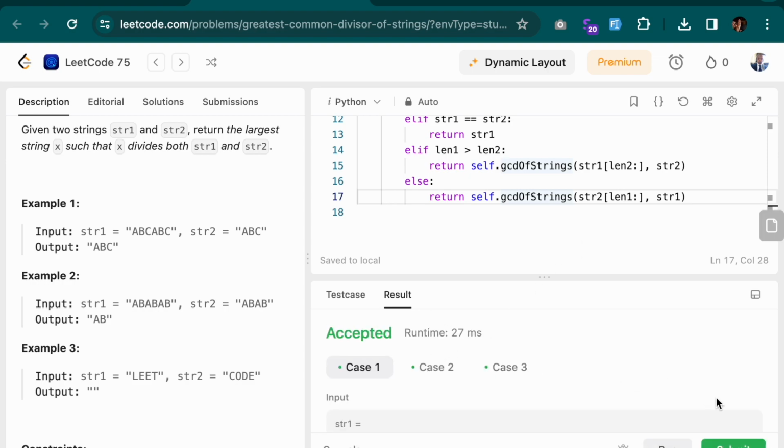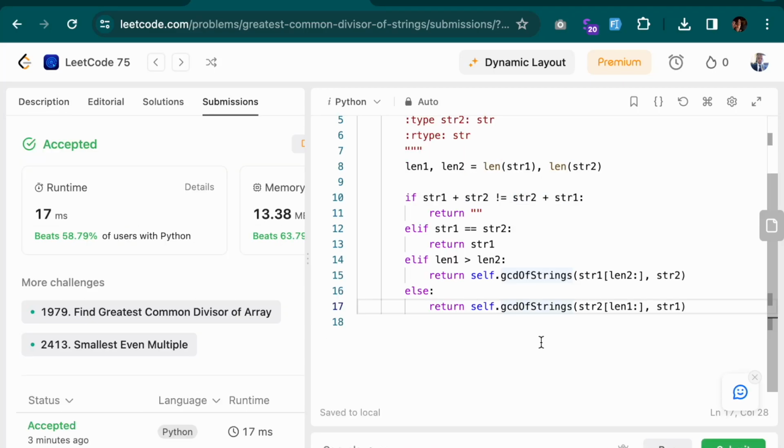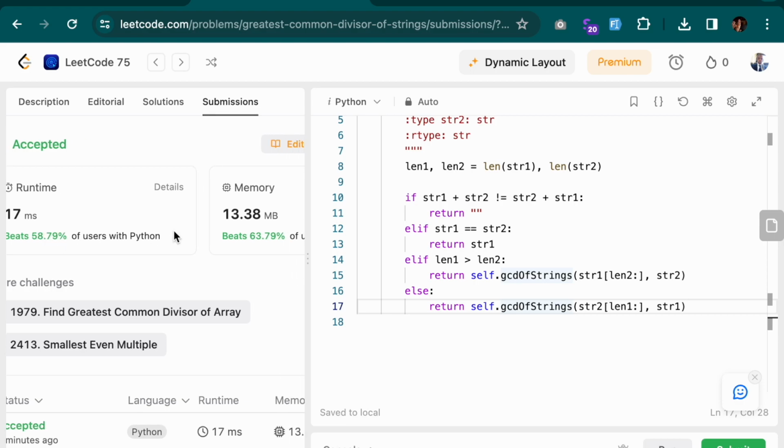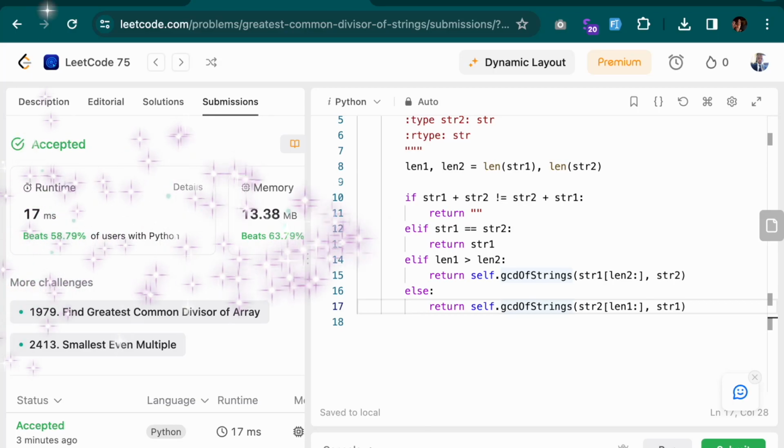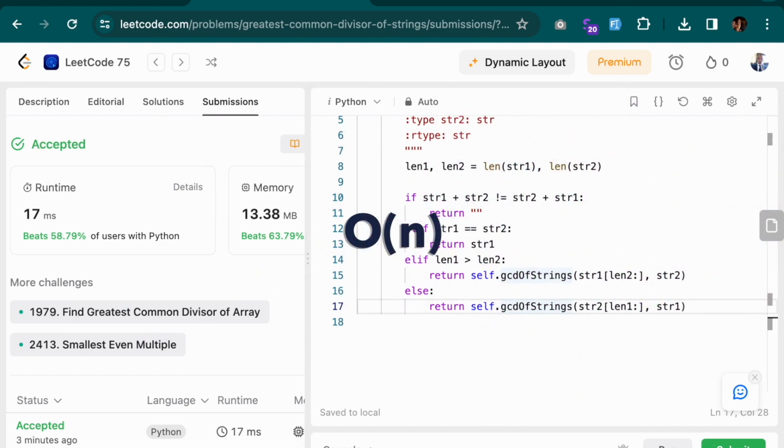Right, so let's try to submit our answer and see how it performs. All right, so we beat 58% and 63%. Not very bad though. I think maybe there's a better solution, but at least it works. So the time complexity of our solution should be O of n,